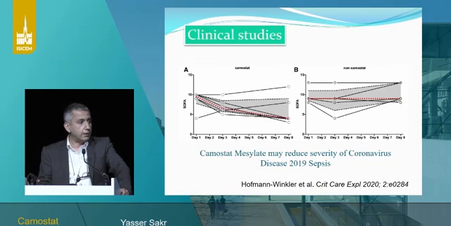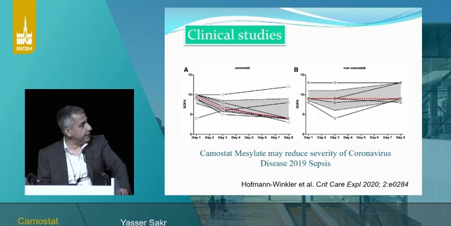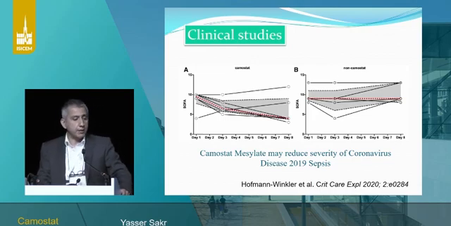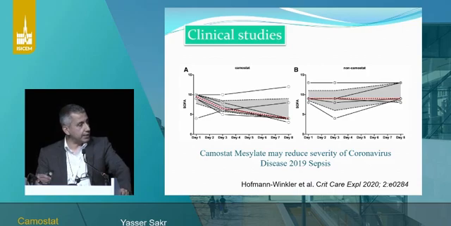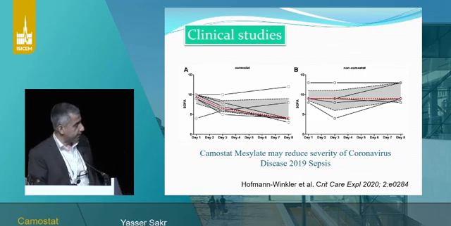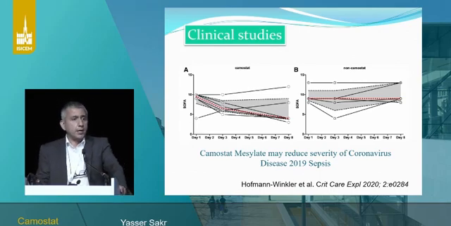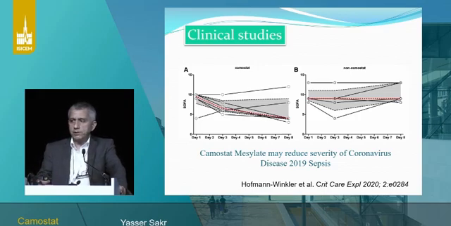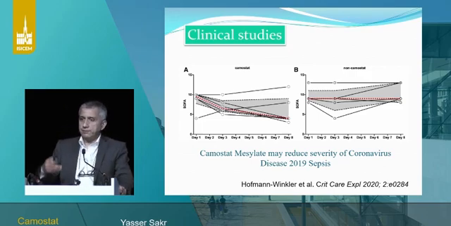The initial case reports that we can see here from this case series of patients with severe COVID pneumonia show that using Camostat therapy in patients with COVID pneumonia admitted to the ICU would be associated with a reduced severity of illness, as evident here from the reduction in the SOFA score over time after treatment with Camostat mesylate. If we think about the mechanism of action of the drug, you may actually expect that it would work if you give it early during the course of the disease, because you are actually tackling the process of viral adhesion and viral entry and viral replication.